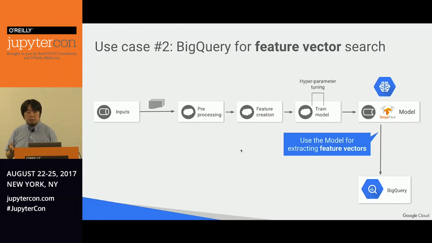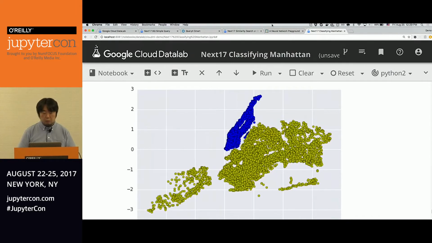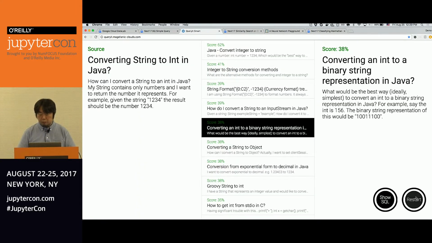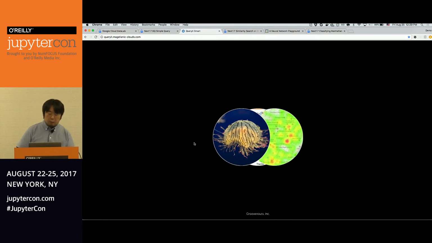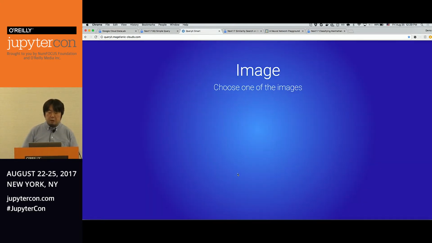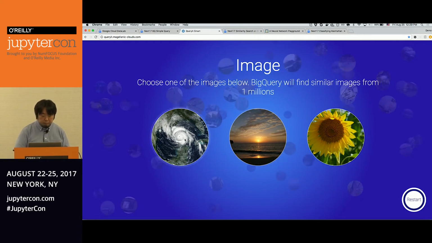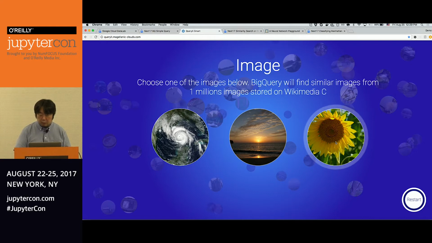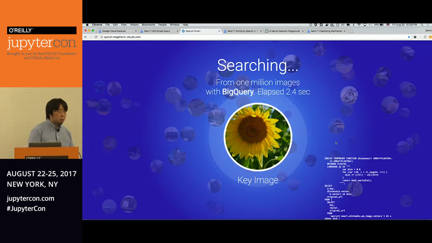So let's take a look at use case number 2, which is using a machine learning model to extract feature vectors for search on BigQuery. Let me go back to the Query Smart demonstration. There's another sample called image similarity search, where you can choose one of the images. So now it is running a BigQuery SQL query